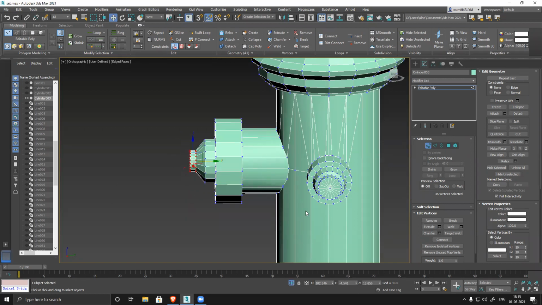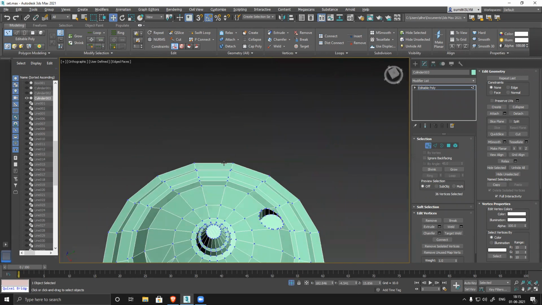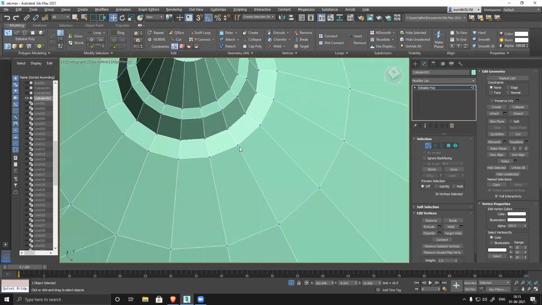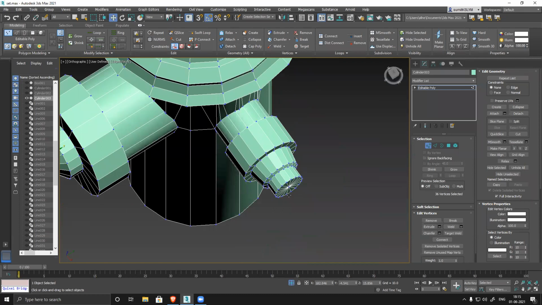Sir, should we keep the triangles at the capping or should we avoid it, sir? Avoid. We have to avoid. We have to create something like this. This is what I showed you. This is also not wrong, but if you're creating only one model, in that case if you keep it like this it's fine, but when you have an entire scene or entire level, in that case try to avoid it.